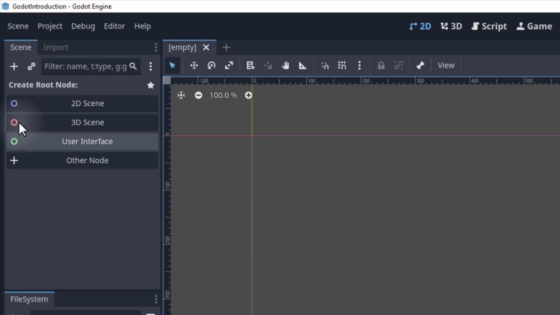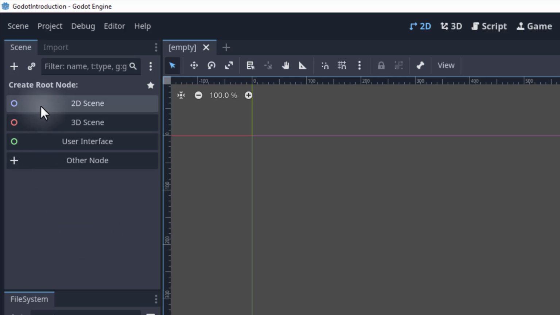So what we need to do is, you can see here it says create root node, and that is because in each scene we must have a node which basically acts as the container for all other nodes. We're going to go over the idea of parenting and children with nodes, but essentially nodes can have children which will follow them around and copy some of their attributes, and we are going to have one main root node which has all of the rest of the scene as a child. Again, it might be a bit of a complex concept to think about with children, parents, scenes, nodes, but essentially